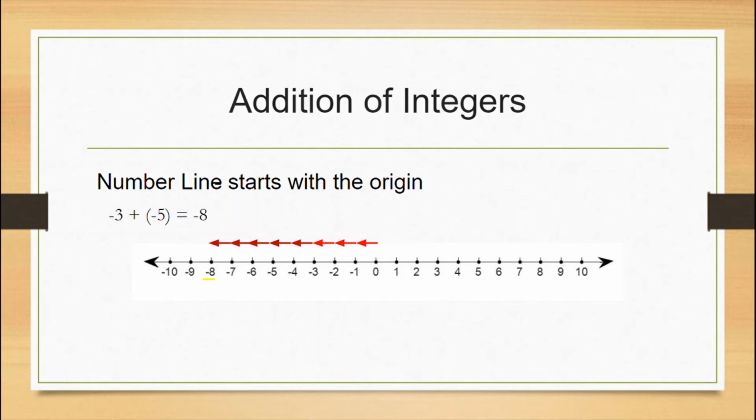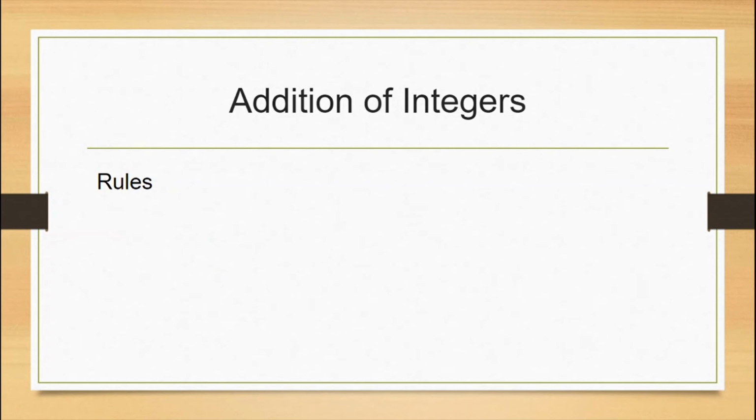Okay, so this time, let us proceed with the last way on how to add integers, and that is using rules. By the way, rules are very important. It's because we can use these rules if you're dealing with big numbers. Yes, we can use colored counters and number line, but it is only used for smaller numbers. Now, how about if we're dealing with bigger numbers, then we are going to follow different rules. And the rules tell us that